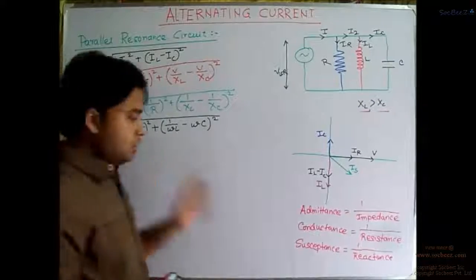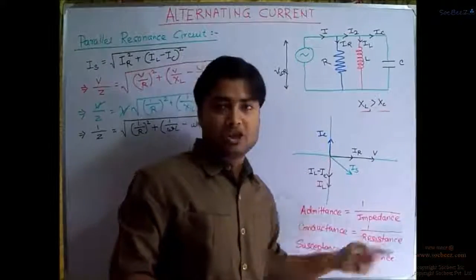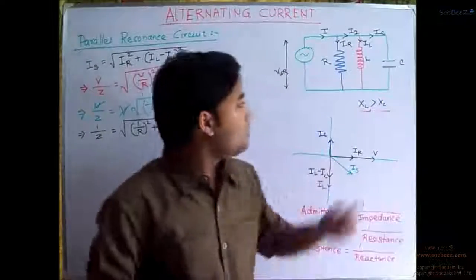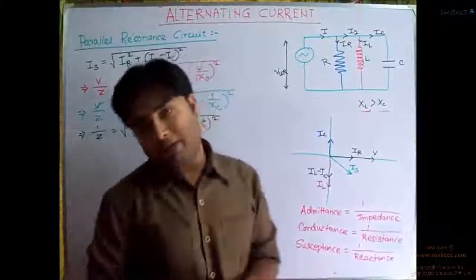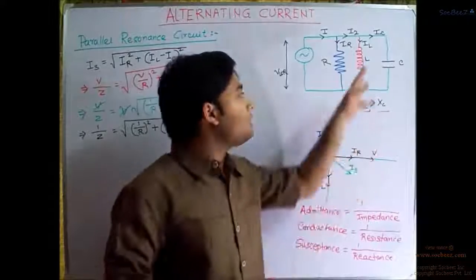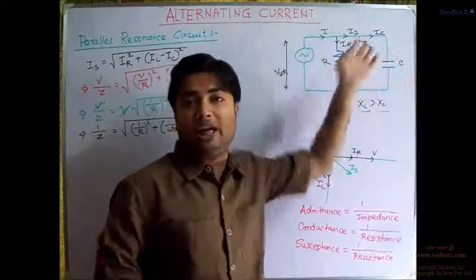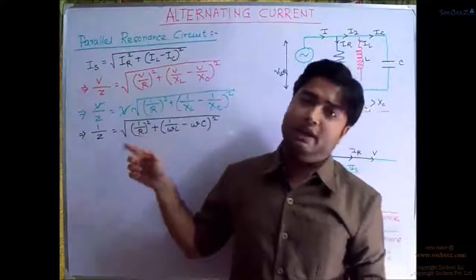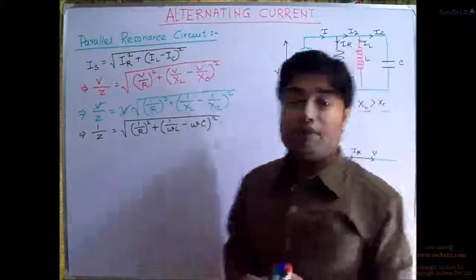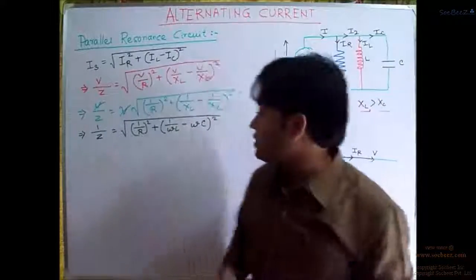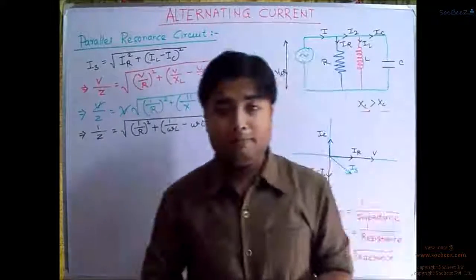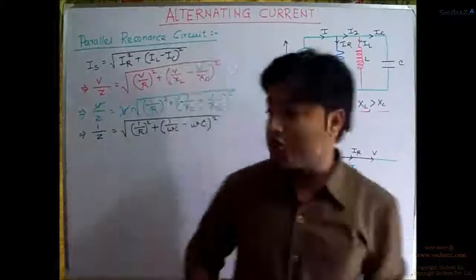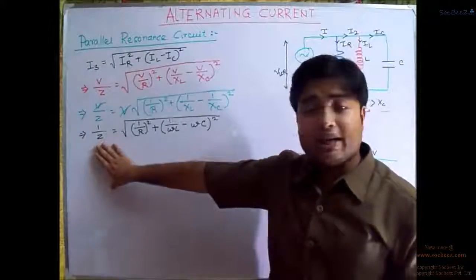The conductance of 1 by resistance will simply be equal to 1 divided by R for this particular resistance, and the susceptance for the L and for the C. For the inductor it will be 1 divided by omega L, and for this capacitor, it will be equal to omega C. Right? So we could write this expression as the admittance of this LCR circuit in parallel